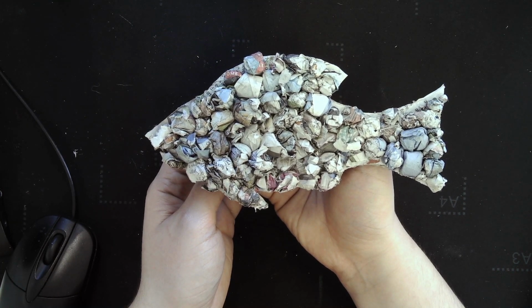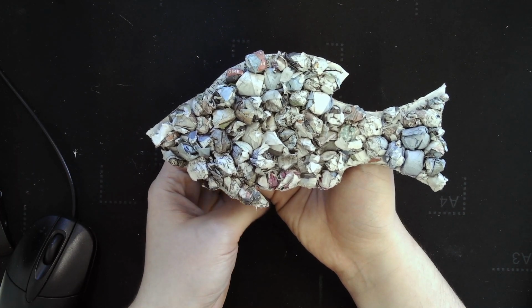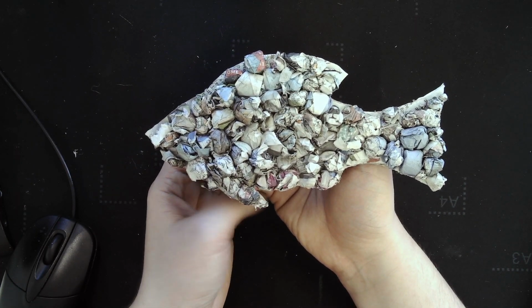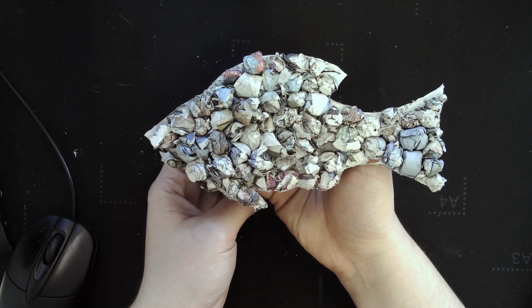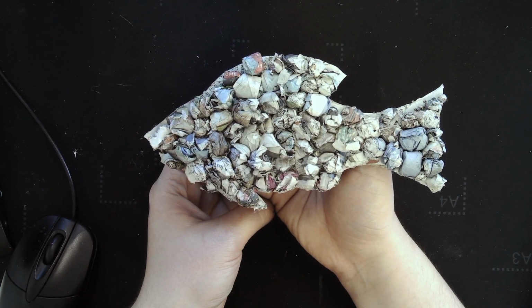You need some flour and some water. It doesn't matter how much flour you have or water you have, as long as it's equal parts. So what I mean by that, if you have 2 tablespoons of flour, you'll need 2 tablespoons of water,